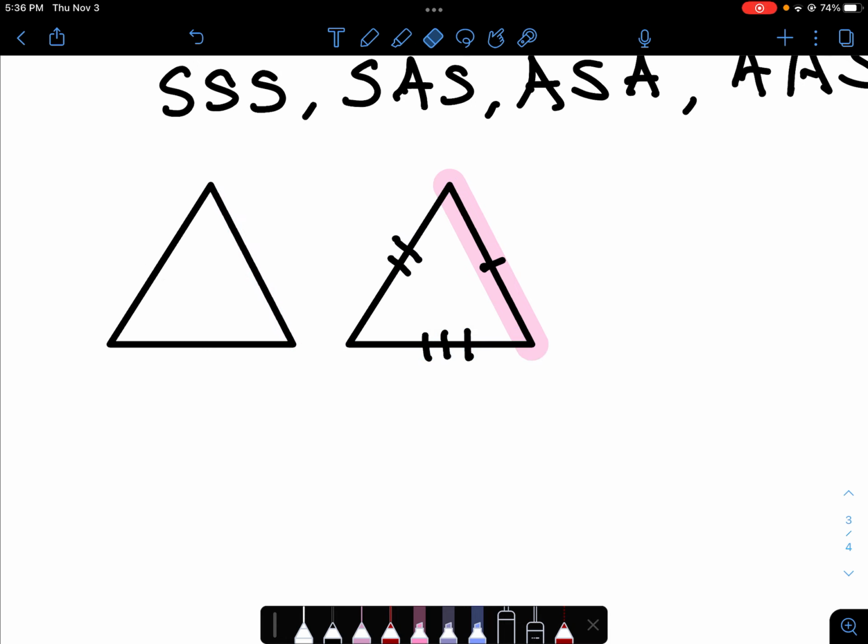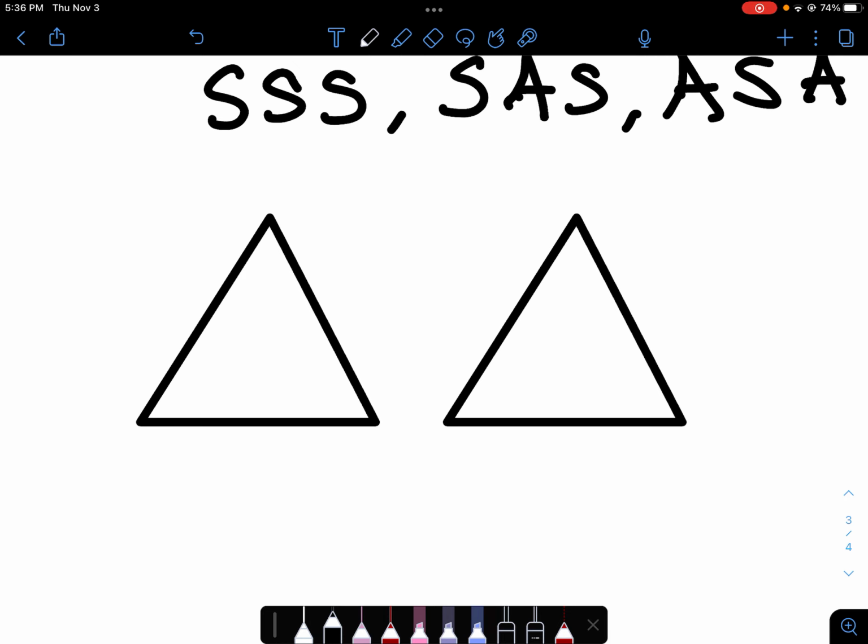What about everything else? So let's talk about side, angle, side. Side, angle, side is an interesting one because it does have a very specific rule to it. So basically this side and this side, this side and this side, but this angle and this angle. There's a reason why it's ordered in this specific way. So side, angle, side. And that's because the angle has to be between the two sides, because if it's anywhere else,